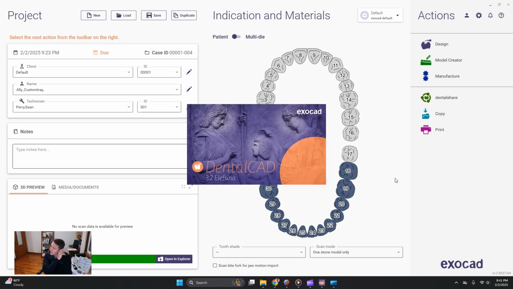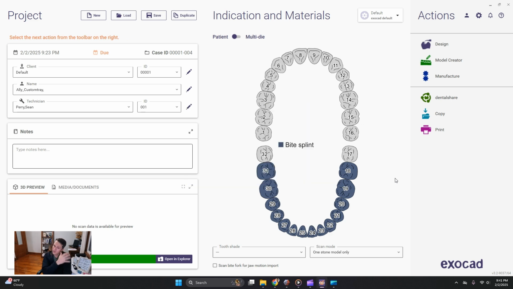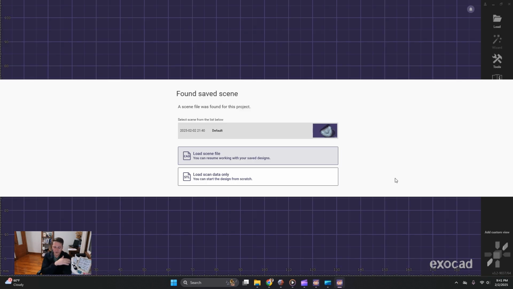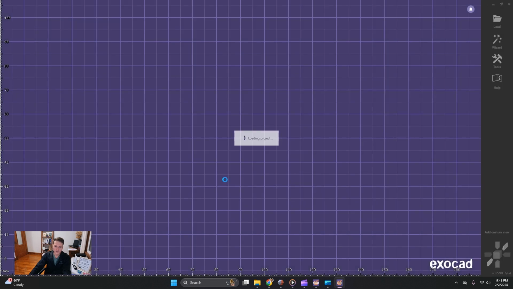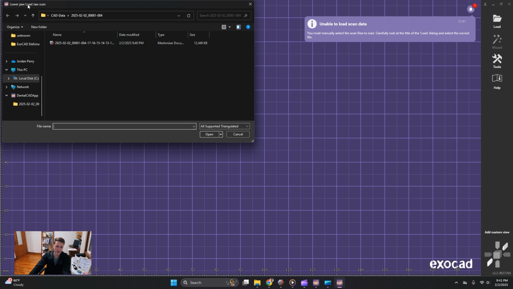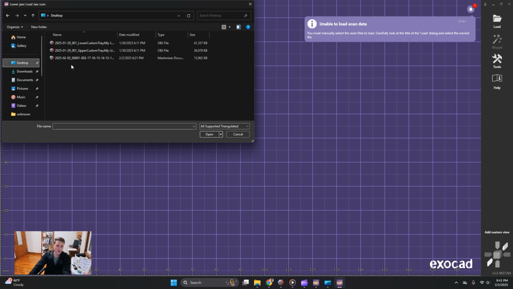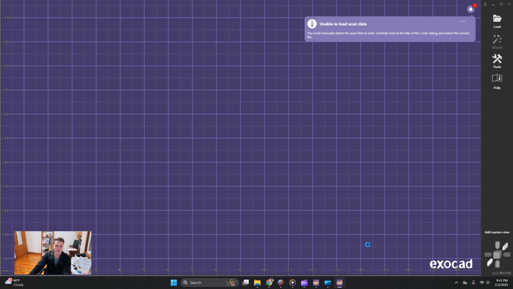So now it's under the same patient, and I'm tricking the software to put everything in the same CAD data folder, but I'm not having to worry about the antagonist thing and asking for occlusion and all that. The only trick is you can't load your scene file. So that's my top arch. So I have to hit load scan data only, and now it's going to ask me for lower jaw scan. So now I can pull in my lower jaw scan,